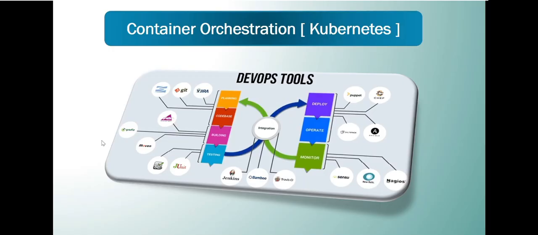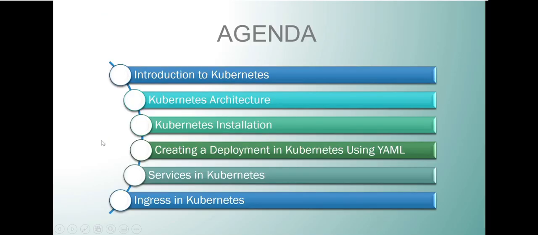So let's see what is the agenda in this session that we are going to cover. We'll be discussing Kubernetes, how it came into existence, who developed it, and when it was first discovered. Then we will discuss Kubernetes architecture. We will see the various modes of Kubernetes installation in our own IT environment. We will also discuss various Kubernetes components, deployments, and all objects in Kubernetes are written in YML files.